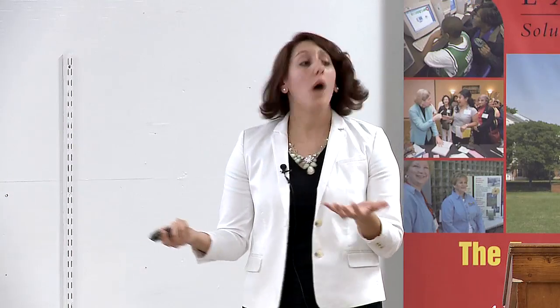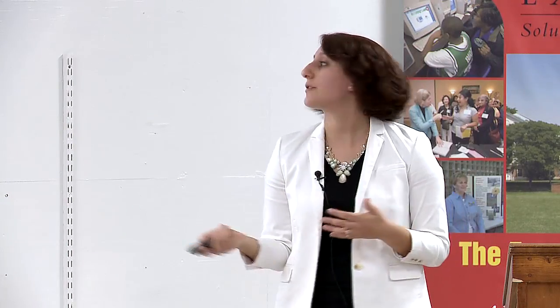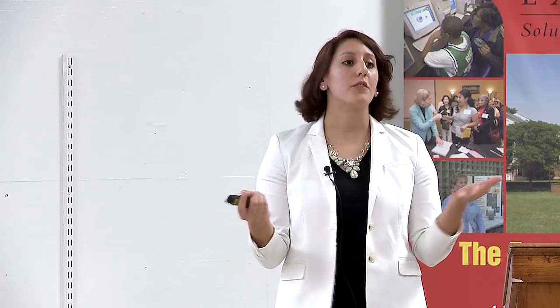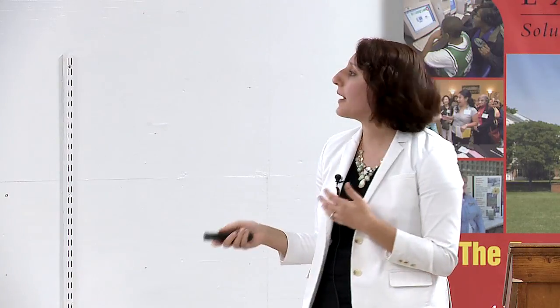So what would we suggest to a producer in this situation to try to combat this phosphorus loss? Well, you'd either decrease your application of that P source, right? Don't put any more soluble P out. Or, increase your contact between that manure and your soil that has a high affinity for that phosphorus, right? So don't surface apply it. Incorporate it. Get it mixed in there with the soil so it's being held on before it gets lost through